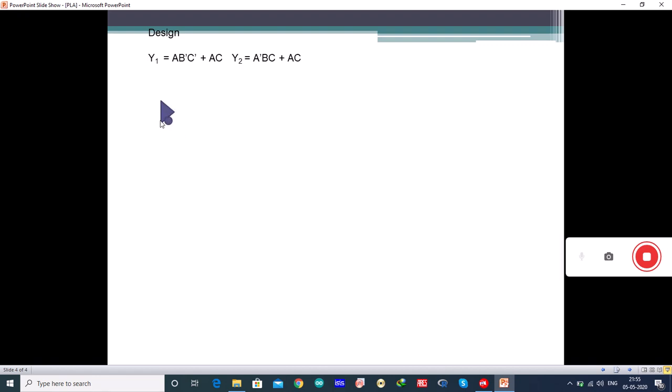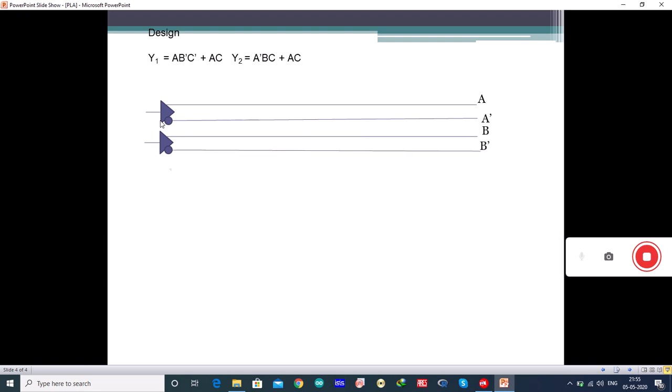This is the normal one, that is without complemented form, the normal form A, and for the complemented form you write it as A bar. The same way you will write for B and B bar and also C and C bar. This is done. Now next you know that this is A, B bar, C bar, means this is an